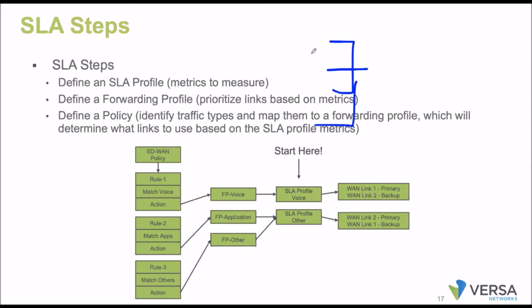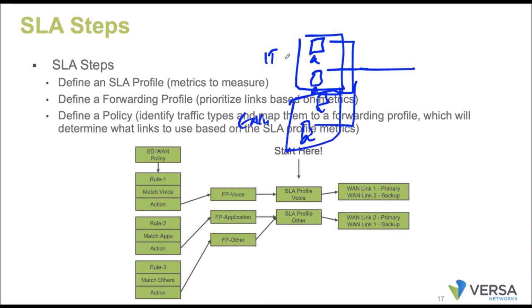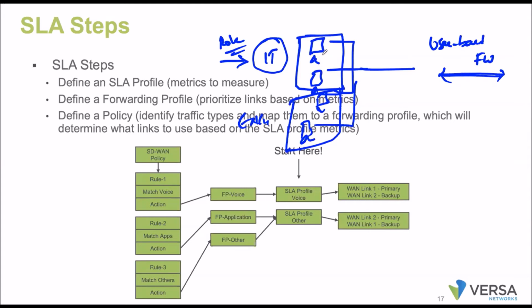User in the group. See here, this is our LAN segment, right? Okay, so the devices are part of a domain. Now what I wanted to do, if these two users belong to the IT segment and these two users are belonging to the engineering segment, now I don't want to rely on only IP addresses or the application information. Instead, I want to use the user information, or the role of the user. So probably you might be knowing about user-based firewalling, right? User-based firewalling, not only based upon the IP addresses, ports information, application information, we can even forward the traffic or reject the traffic based upon the end user who is trying to access this machine.